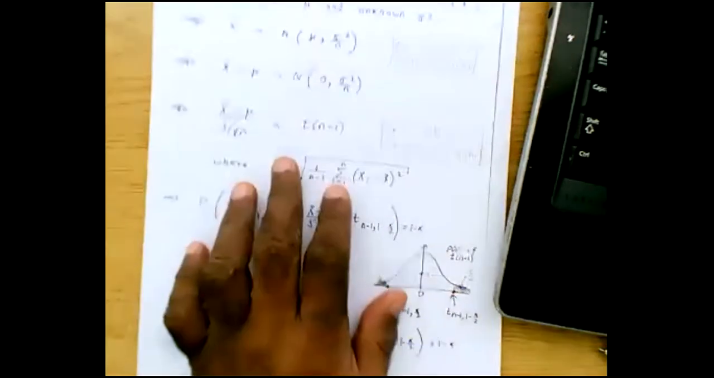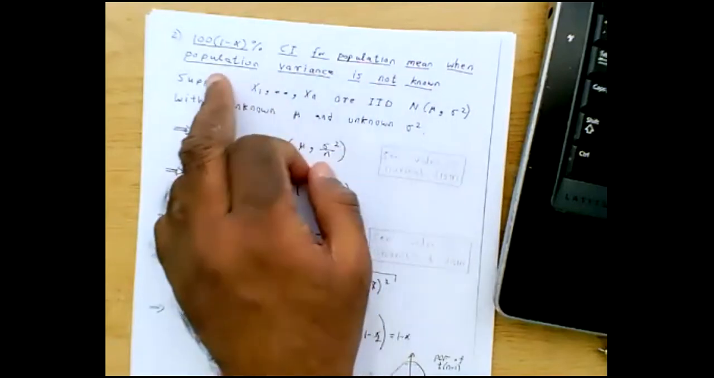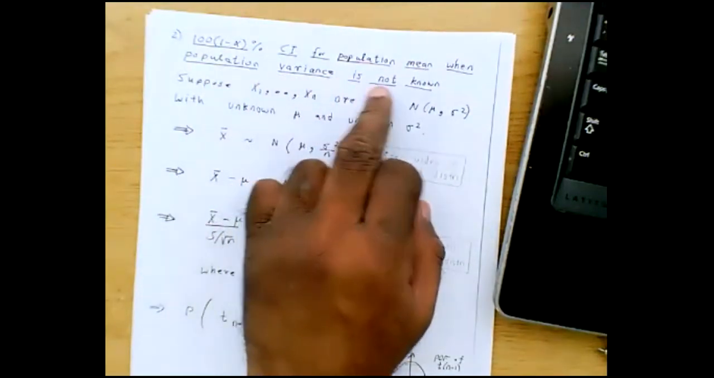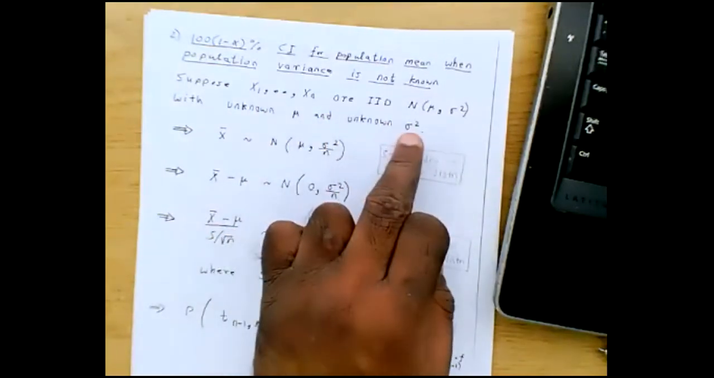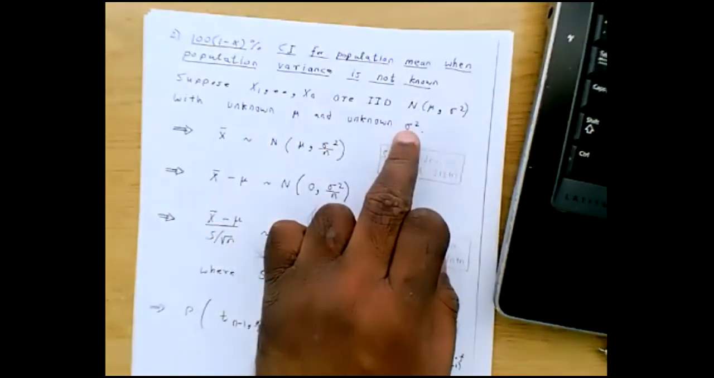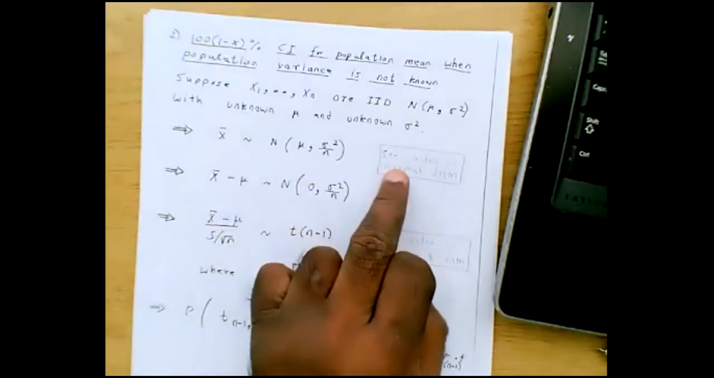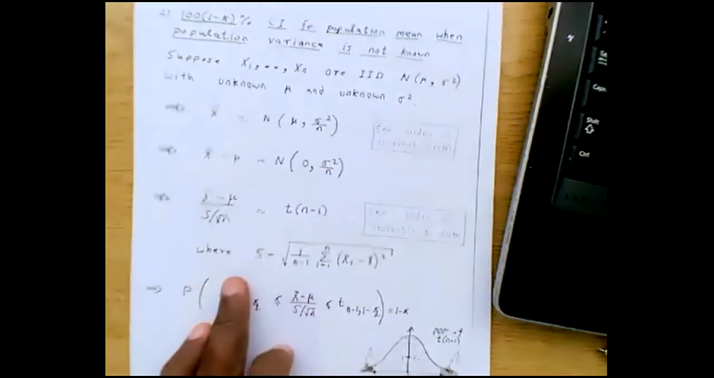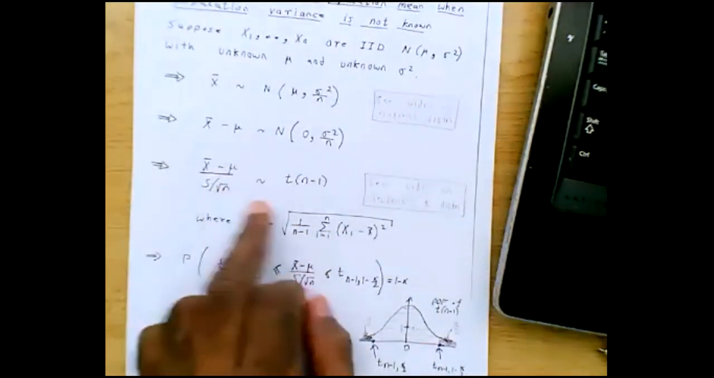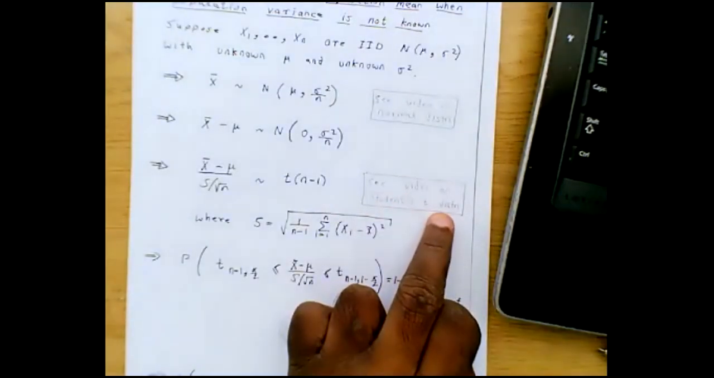Number 2 is where we are looking for the confidence interval for the population mean when the population variance is not known. So we assume the same thing as before, except the population variance is unknown. So we have this result from the video on the normal distribution. Now from this follows, because if you look at the video on the student's t distribution,